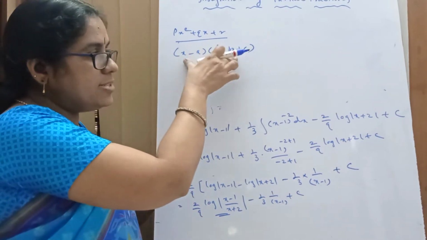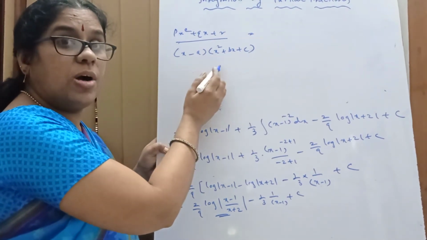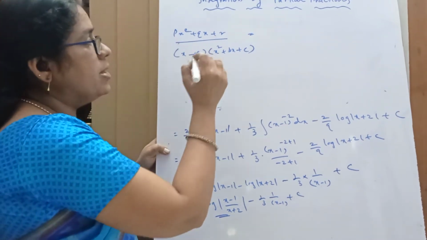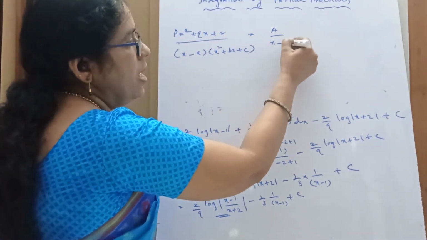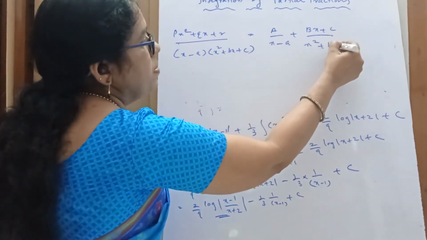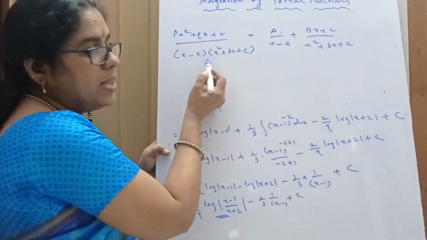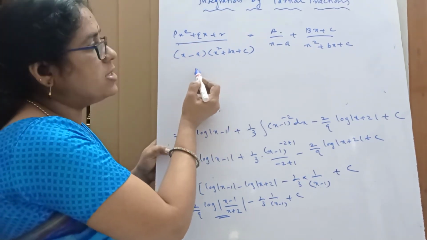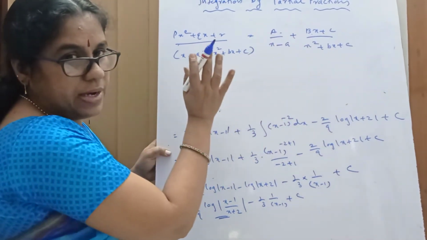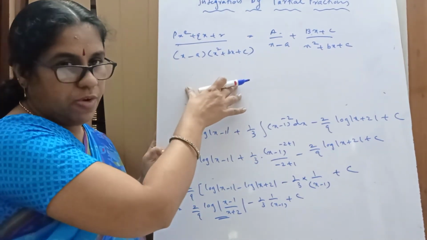So if the rational function is of this form, the partial form of this is, here what is the degree of the denominator? 3. 3 is the degree of the denominator. So we write three constants a, b and c, that is a by x minus a plus bx plus c divided by x squared plus bx plus c. Here we have to take three constants a, b and c, and the partial form of this type of rational function is a by the linear factor plus bx plus c divided by the quadratic factor. Here a, b, c are constants. This is the last form, partial form.